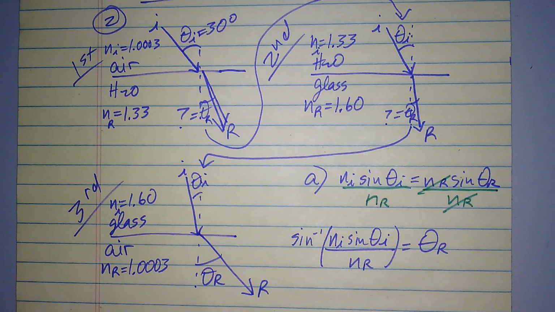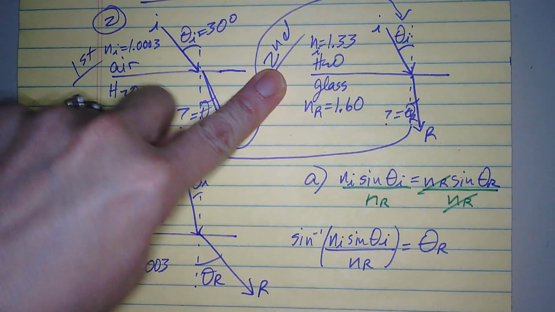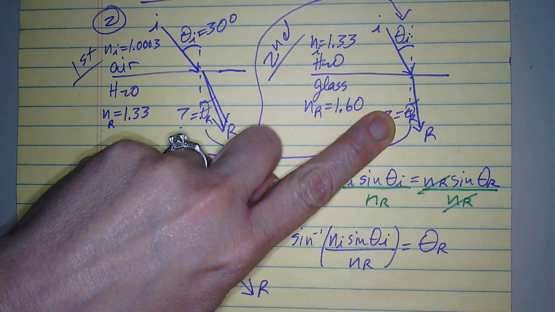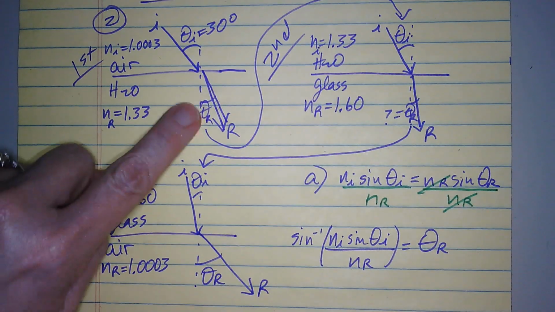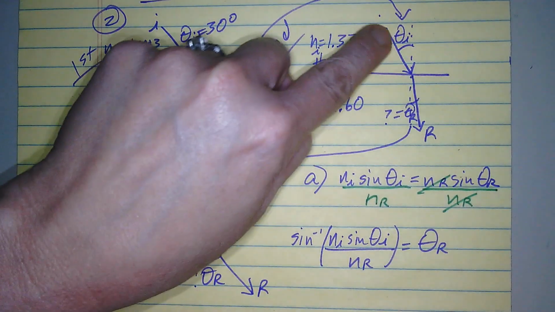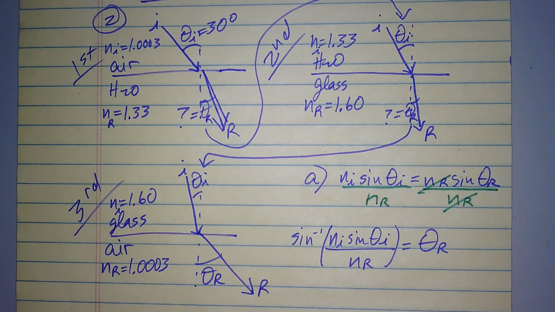Then part B says, what is the angle of light in the glass? Okay, so that's the second situation, and look, we want to know theta R again. We're going to use the exact same equation. But now my theta R that I just found for part A will be my theta I for part B. And then they want to know